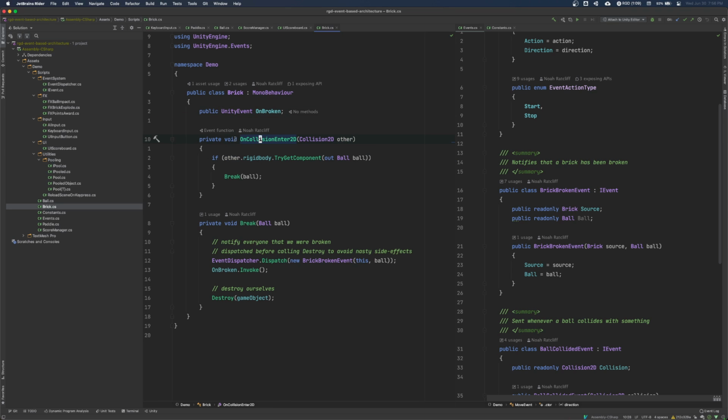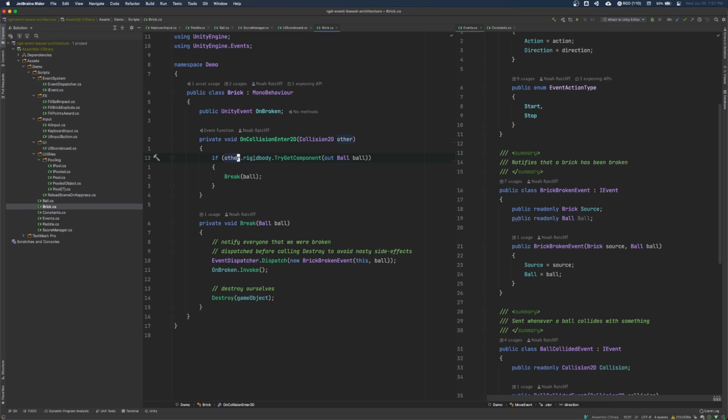But we have OnCollisionEnter, which interestingly, if you're somebody who's been working with Unity and you've worked with the physics system, you know that you can just basically put magic methods in your MonoBehaviours and things will get called. These are actually just events. And in this case, like it says right here in Rider, it tells me, hey, this is a Unity event function. And so Unity actually uses this pattern for their physics system naturally to decouple physics from the actual implementation. That really makes sense for when you're writing a game engine, right?